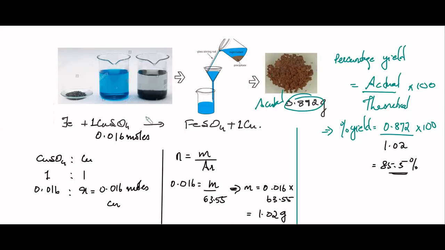At the end of the experiment, what I mean is iron is made to react with copper sulfate solution. The precipitate of copper, what is formed, is separated out. It is washed, dried, and weighed. This quantity is 0.872. This is the actual experimental result, the experimental quantity of copper that is produced in the reaction. Some of you would be using this particular value for your calculation. Now let's see what is the enthalpy value we get if we are using 0.872 grams.